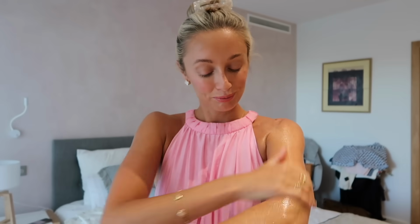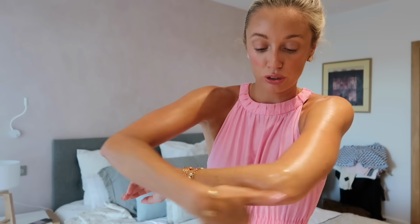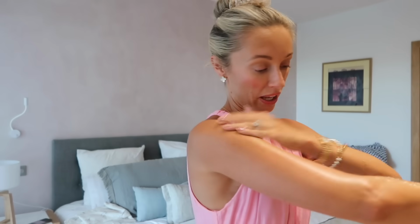Oh, it just smells so good. If you have got a little bit of a base tan, this just sets it off so beautifully. You could be quite selective, just pop it on your collarbones, pop it on your legs. It gives you such a gorgeous beachy glimmer that just smells so heavenly. If you are heading out for sunset drinks, this is going to have your limbs glistening and you smelling absolutely